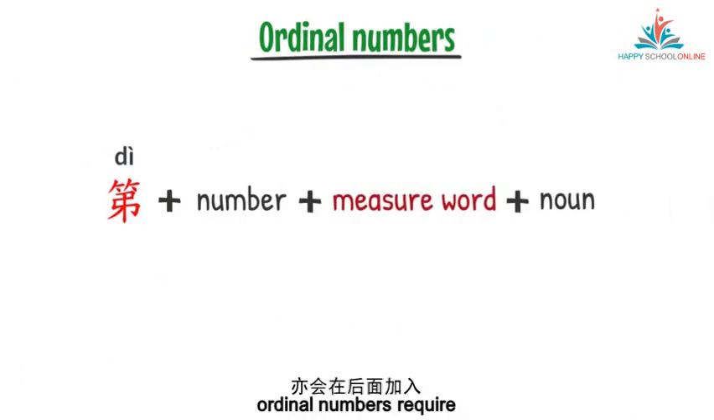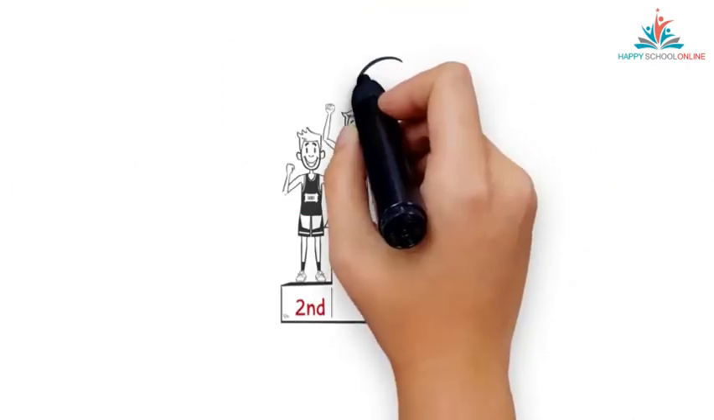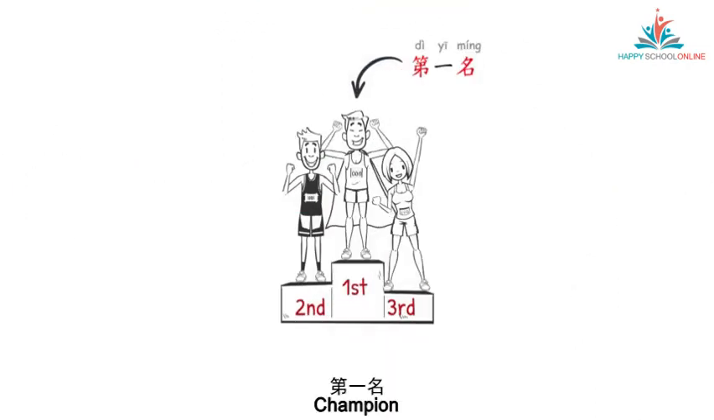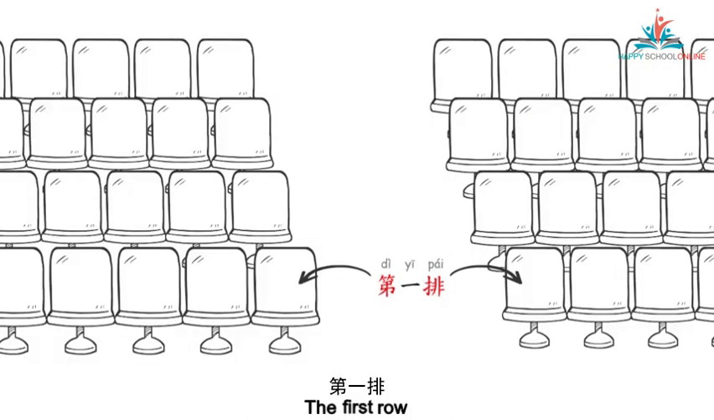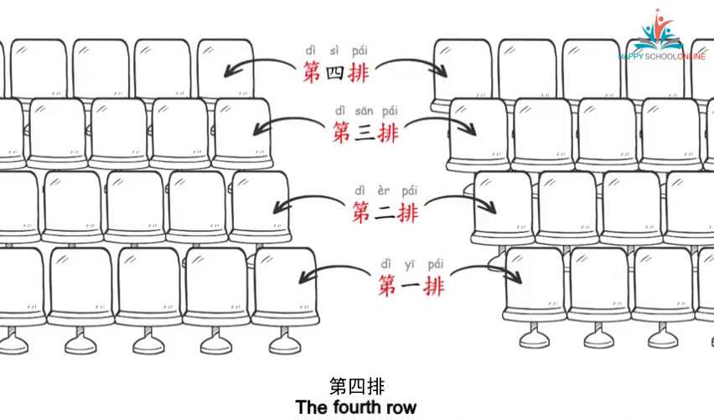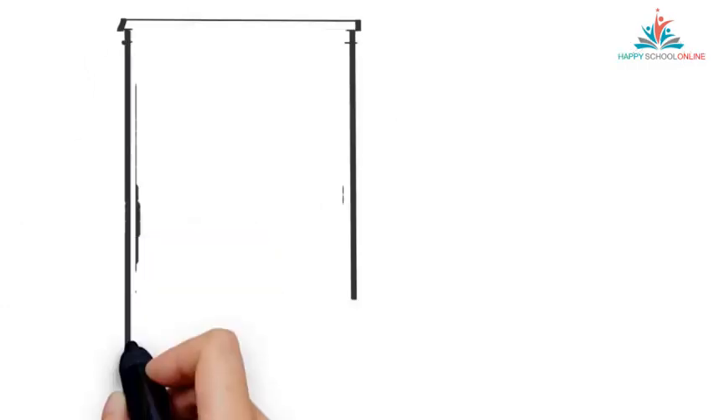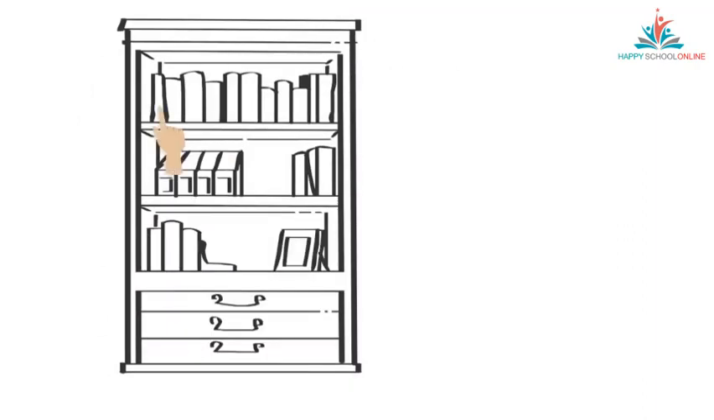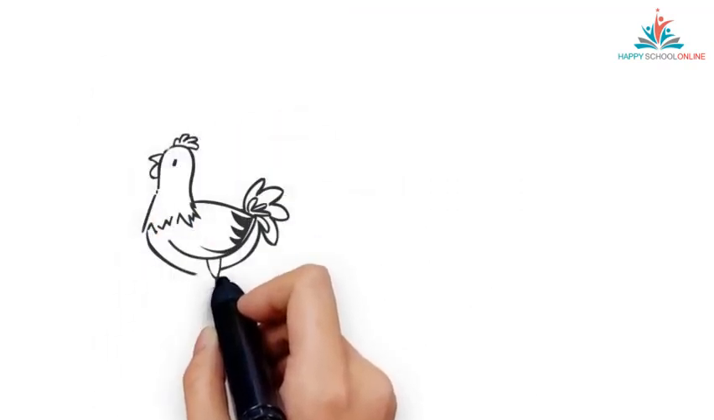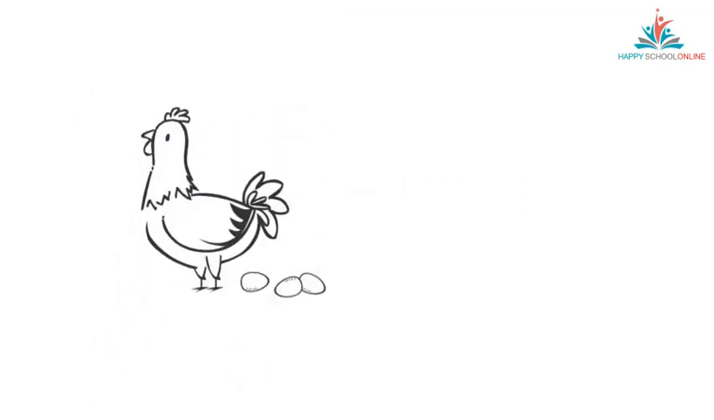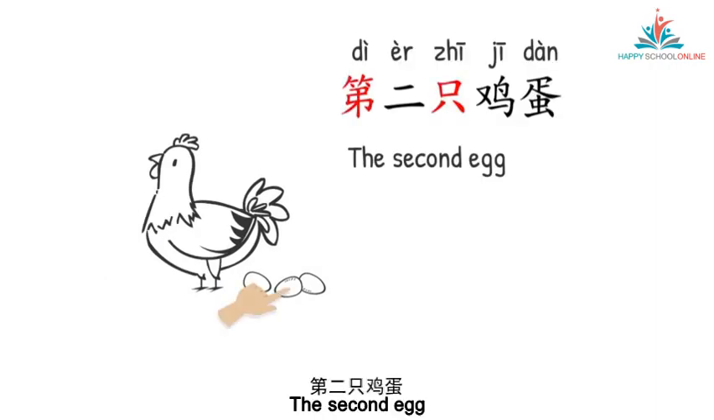Apart from adding 第 before the number, ordinal numbers require a measure word with a noun. Let's see some examples. 第一名、第二名、第三名、第一排、第二排、第三排、第四排。第四本书。第二只鸡蛋。